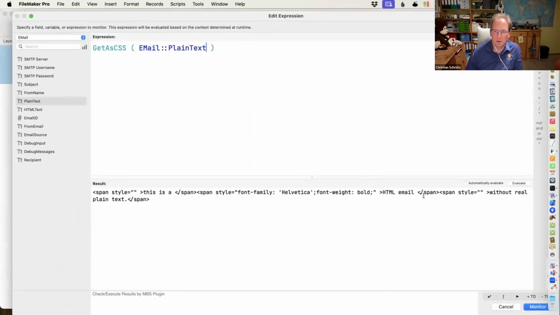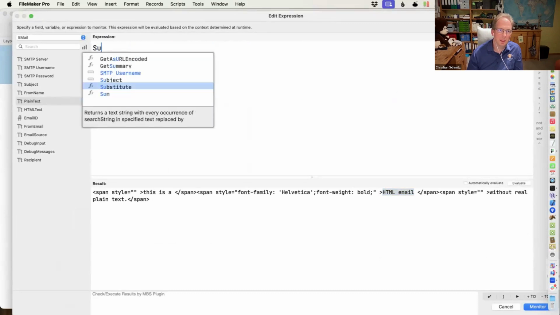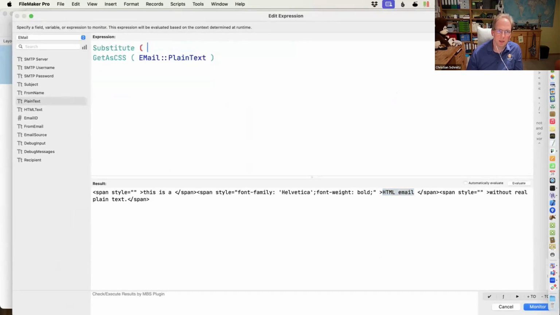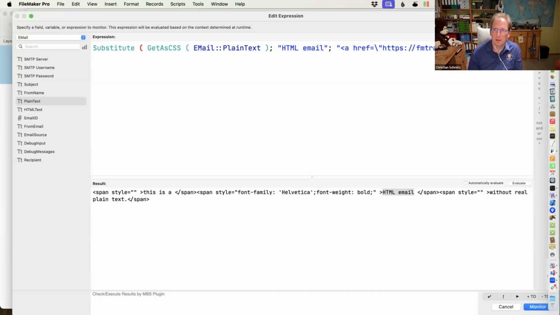So this would give you the styled text. Then you could say, I want this text to be the link, and you would make a substitute and basically replace it. Say HTML, this should be FN Training TV, and then you have your HTML with a link.